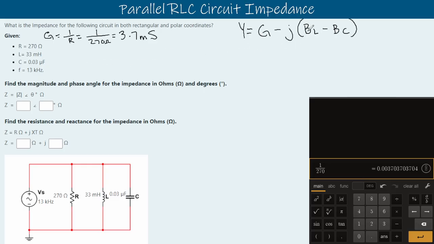We also need to find our BL and BC. Those are the same equation, just for our inductor and our capacitor. Just keep in mind that they need to use XL and XC. They need to have the resistance values for those. So BL is equal to 1 over XL. So we don't have XL, we need to find XL first. So we'll say that our XL equation, so XL is equal to,